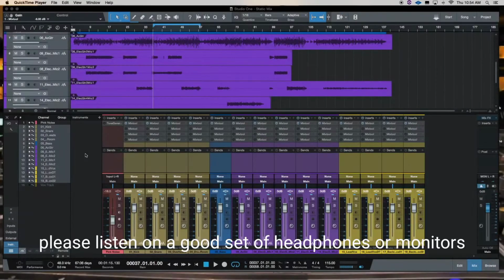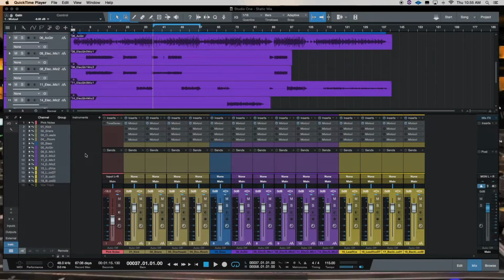Okay, welcome back, and here we are with part 3 in PreSonus Studio One of how to obtain a static mix. Now, this is another different way of how to do this, and what we're going to do is use -6 dB, -12 dB, -18 dB, and -24 dB in order to obtain a static mix. And this is how it's different. We're not using pink noise. We're not using the loudest instrument. All we're doing is slapping